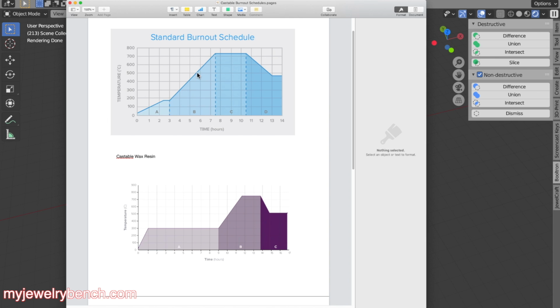And this would be the burnout schedule for wax investments. With the frozen castable resin, and that's what I use to print here, you can see that we start out at 0 degrees on the standard wax, and by 3 hours you're at 200 degrees, which you ramp up gradually. And after 3 hours, you're going to gradually ramp up to 725 degrees, where you'll stay until the 10th hour or 11th hour, and then you'll slowly bring that down to allow the investment to cool down and burn off